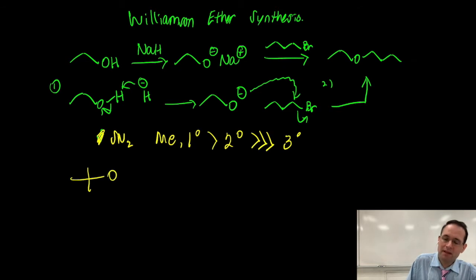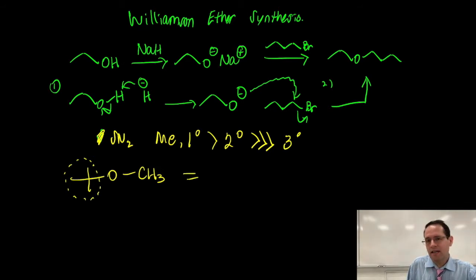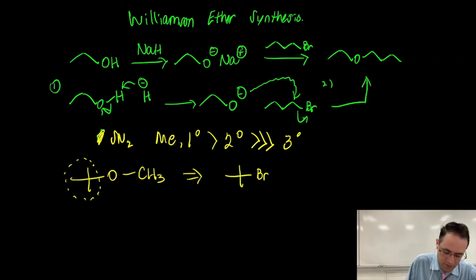So, when you're planning your synthesis, for example, and you're deciding how to make this ether, we have two possibilities, okay? Our alkyl halide can come from this portion on the left side of the molecule,